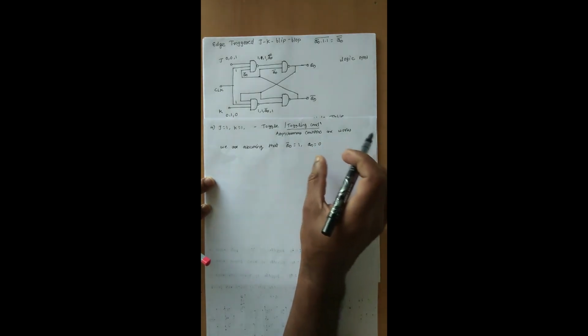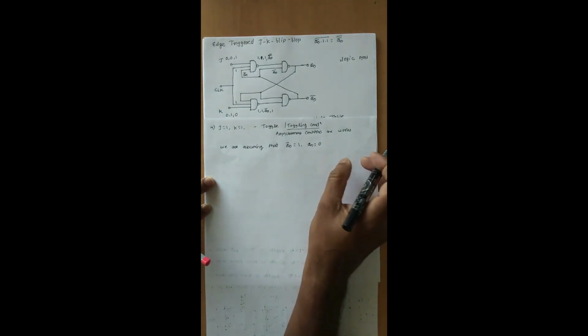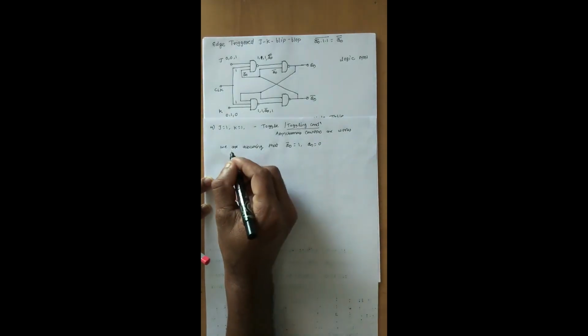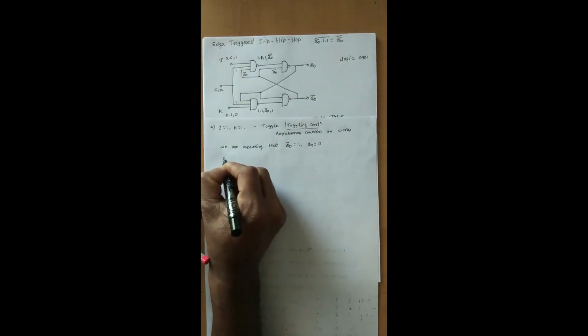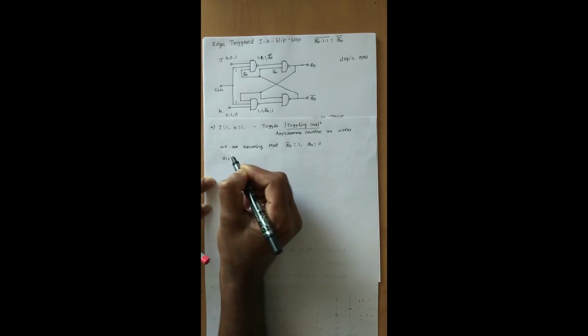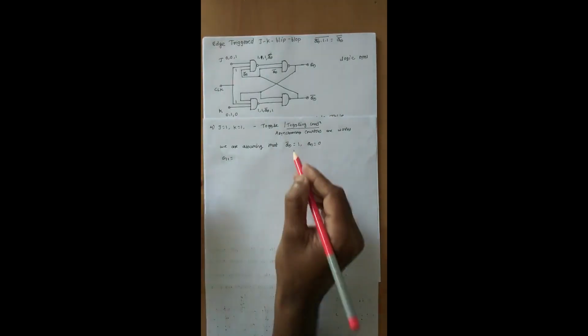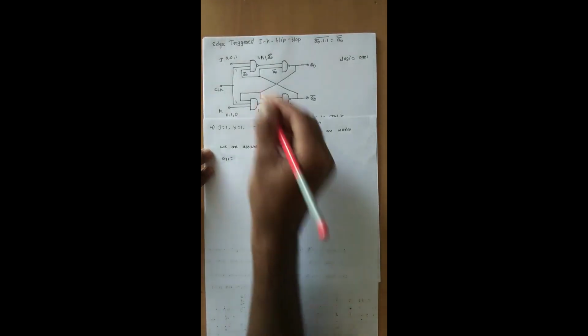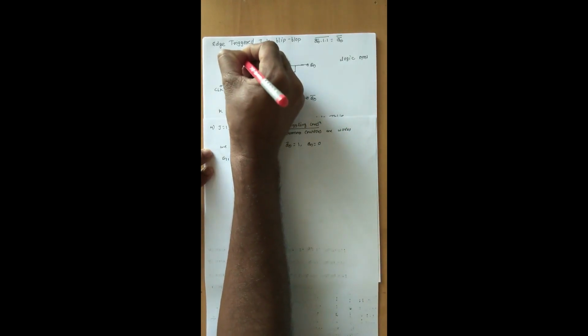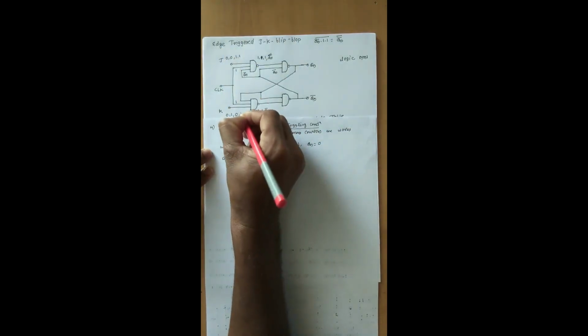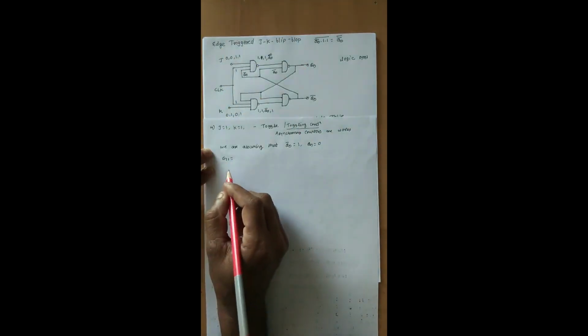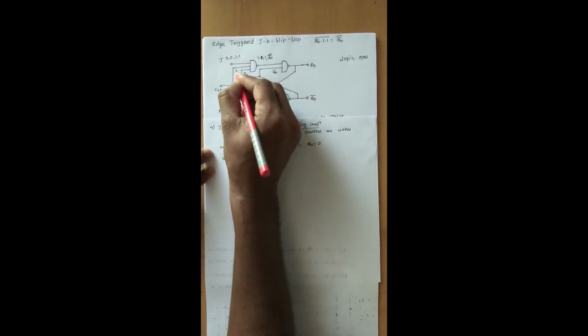This is called a toggling condition of the flip-flops. So let's continue with this one. For this we are going to study what is the value of G1. For this toggling condition, we are getting here, this is also 1. No doubt this clock is 1, this clock is 1.